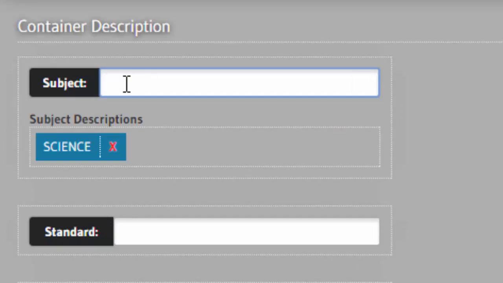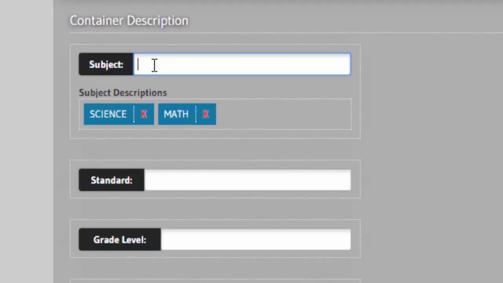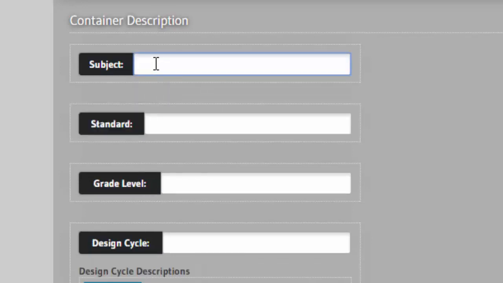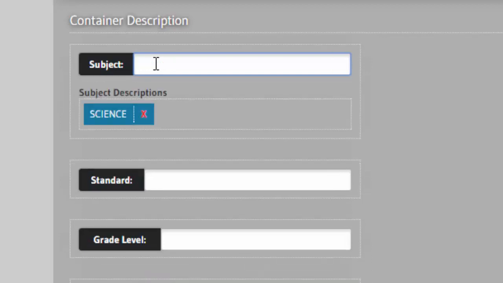I do this by typing the word, selecting the subject, and clicking the plus sign to add it. I can also add them by pressing the Enter key twice. I can remove each subject by clicking the red X. Moving from one box to another is easy when using the Tab key to move right and Shift plus Tab